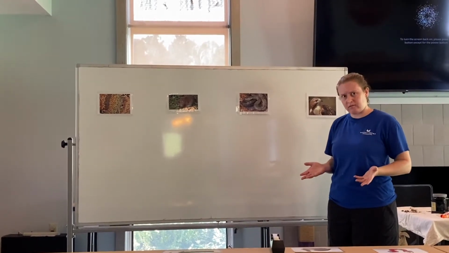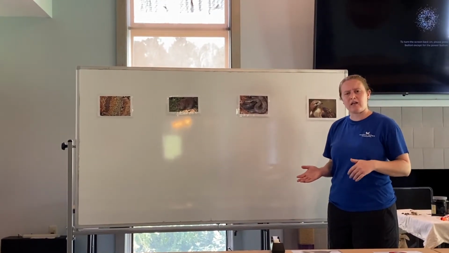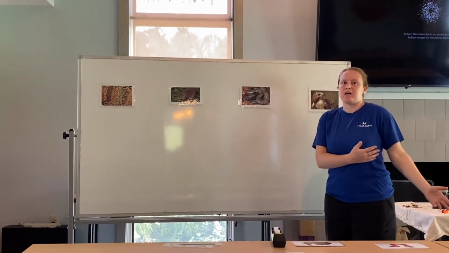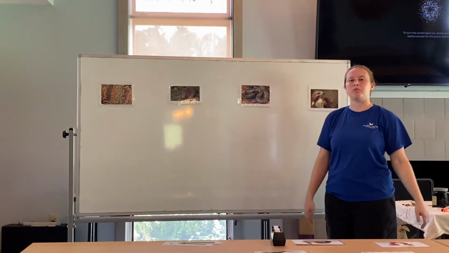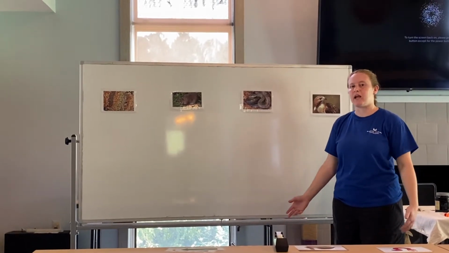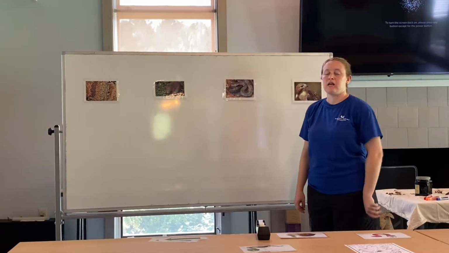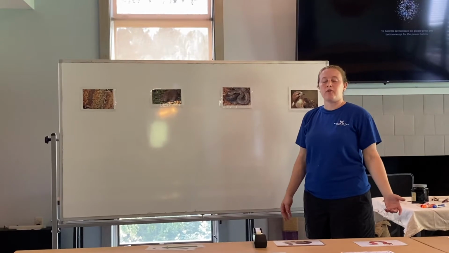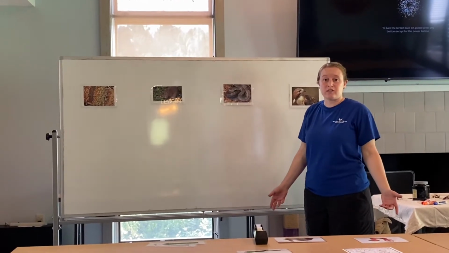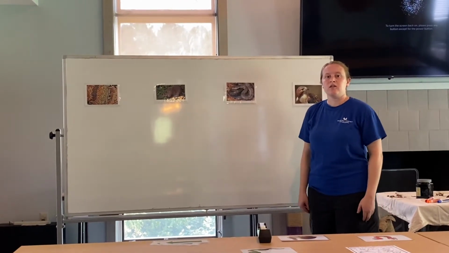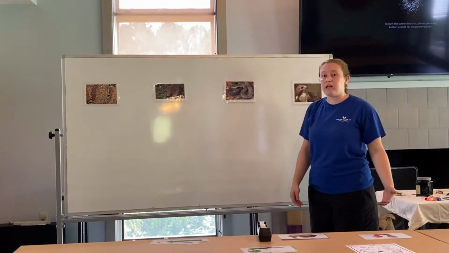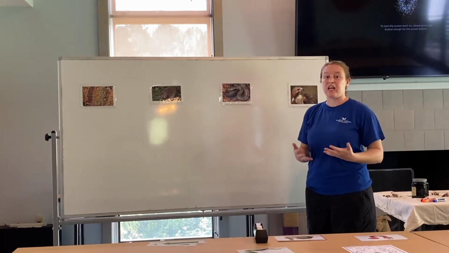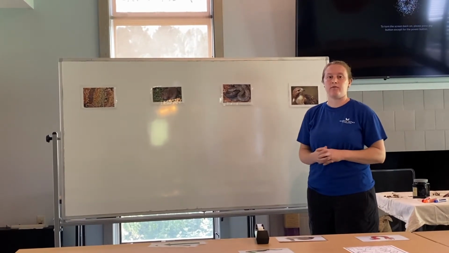What is a habitat? A habitat is a place, area, an ecosystem that's going to provide everything that a plant or animal needs. And not all habitats are the same. Different habitats provide different resources for the animals that live there. So each habitat is going to have its own unique organisms, animals, and plants that are fulfilled by the needs